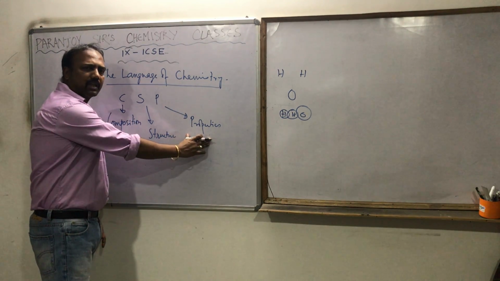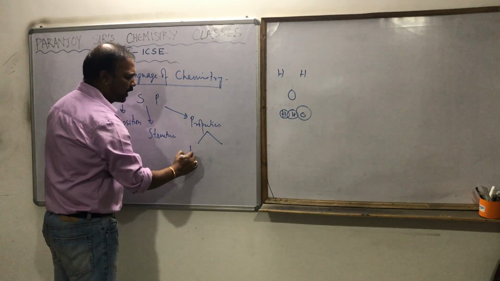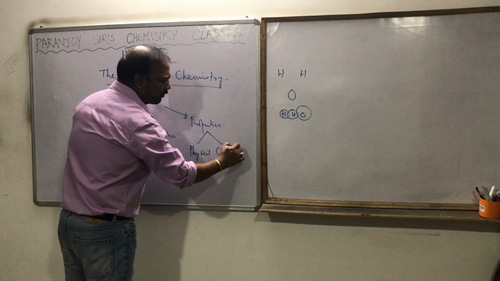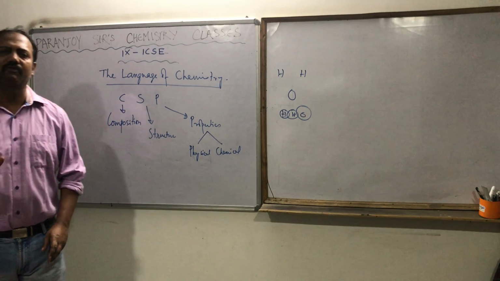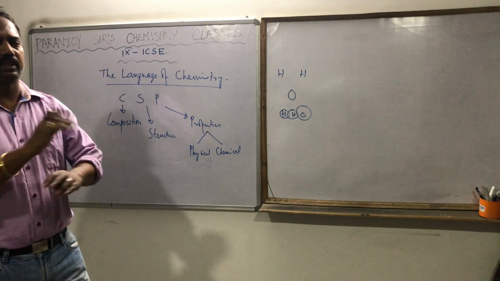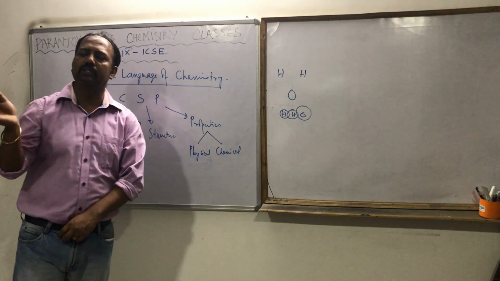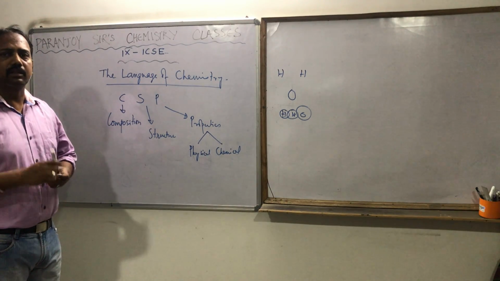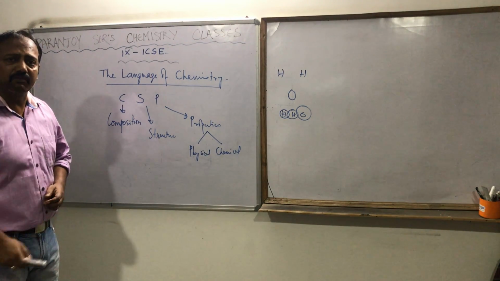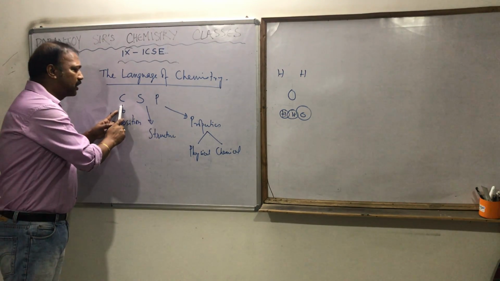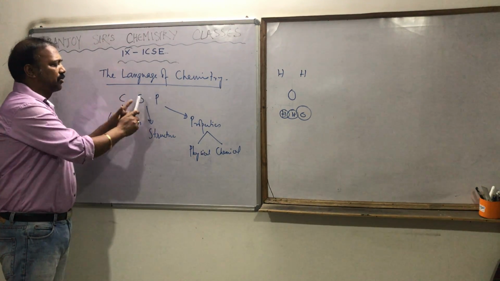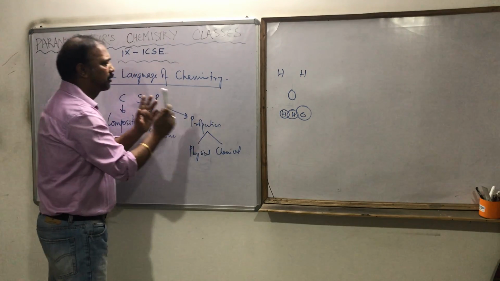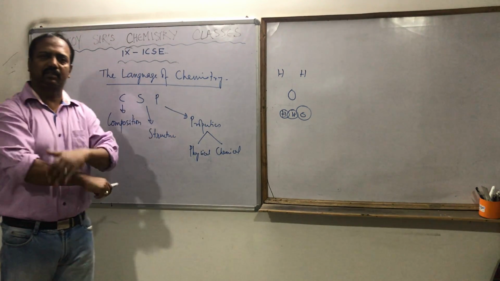And obviously the third point is properties. Properties can be of 2 types: physical properties and chemical properties. So we study both physical and chemical properties in the branch of chemistry. Clear? So what is chemistry? Anybody asks you in the world, you can very easily say: it's the branch of science where we study the composition, that means what is present, the structure, that is how they are present, and the properties, both physical and chemical, of any substance.